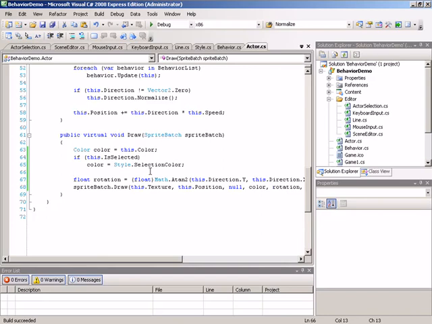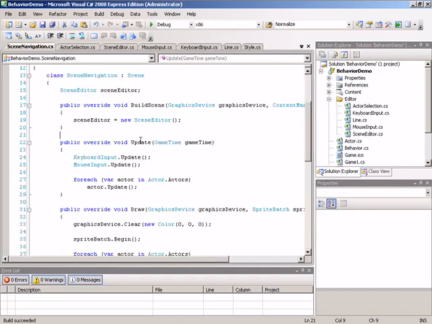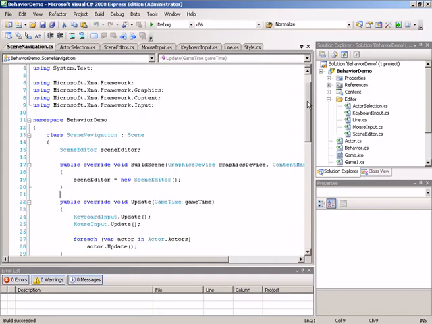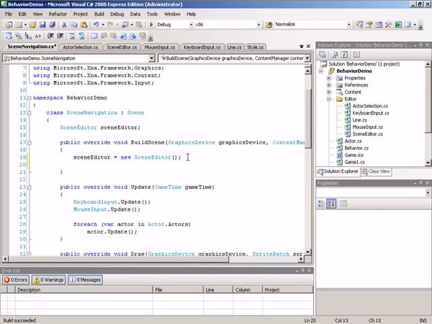Now, at the moment, it's not going to be interactive because we don't have mouse input fully set up in the scene editor. But just to show that things can be selected or not selected and have their colors reflect that state, we could briefly jump into the scene. That is the original scene navigation we've been working on. Here in a moment we could clean up some of our tabs as we're starting to have quite a few code files open. Alright, inside of scene navigation, let's jump in right after we create the scene editor,